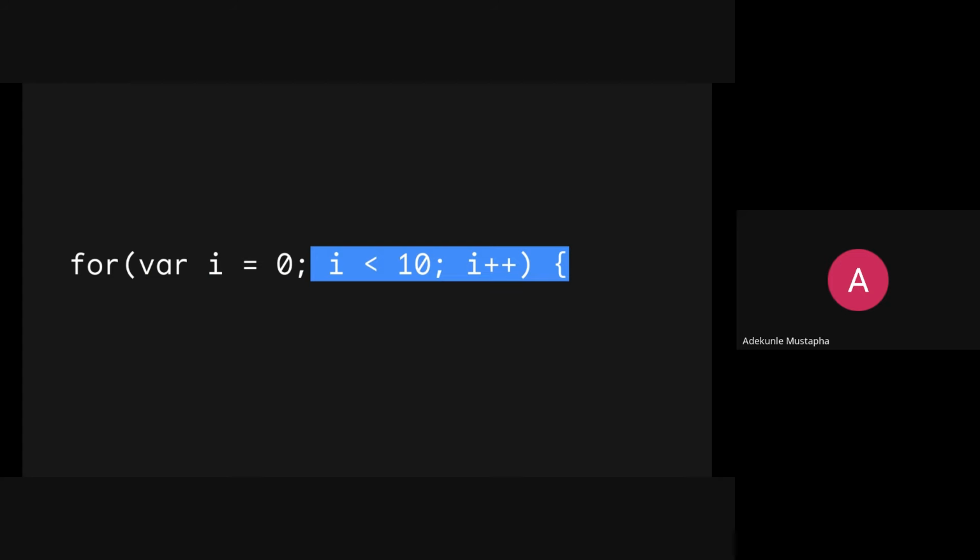It is going to execute a for loop 10 times, starting with i equals 0, and increment it by 1 after each iteration until it reaches 10. LLM models are able to do this.